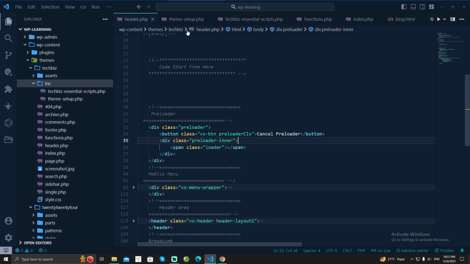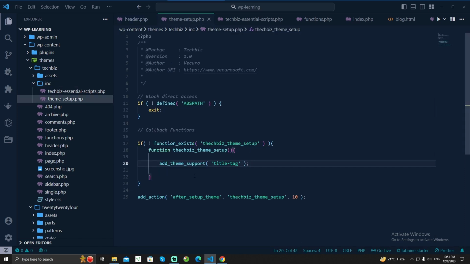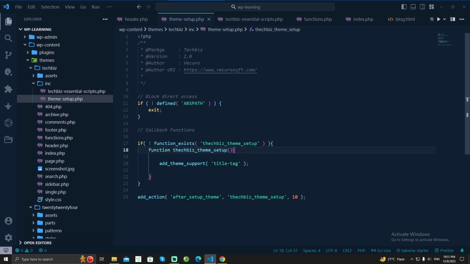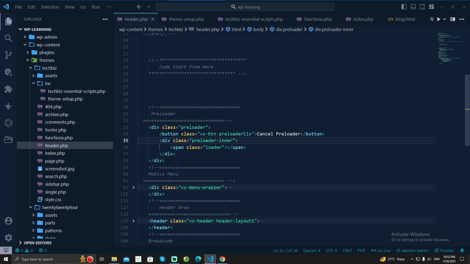In our previous episode, we showed you how add_action works. It was a pre-built action, after_setup_theme, and the callback function was take_theme_setup, which was made by us, while the action name after_setup_theme was made by WordPress. So it was default, and also the priority. Now we will create our own action